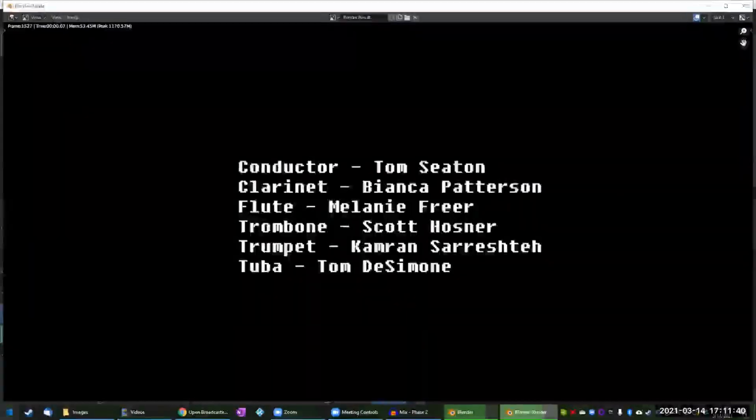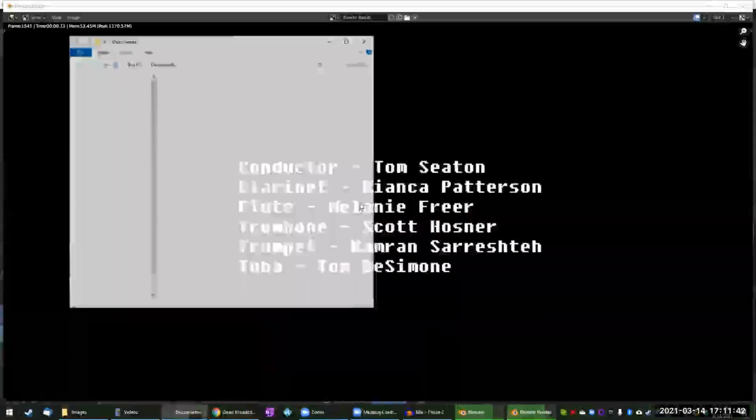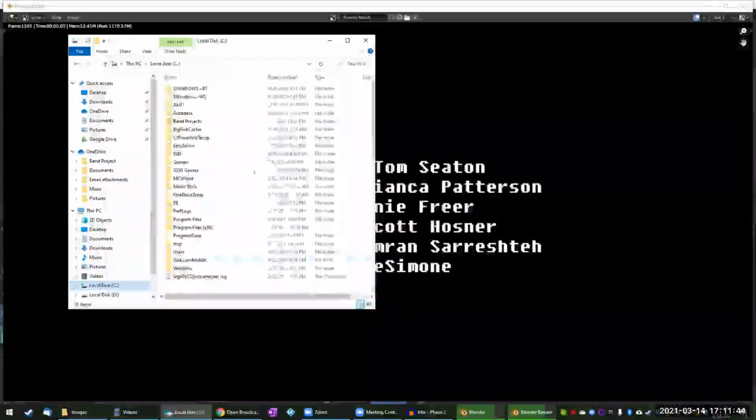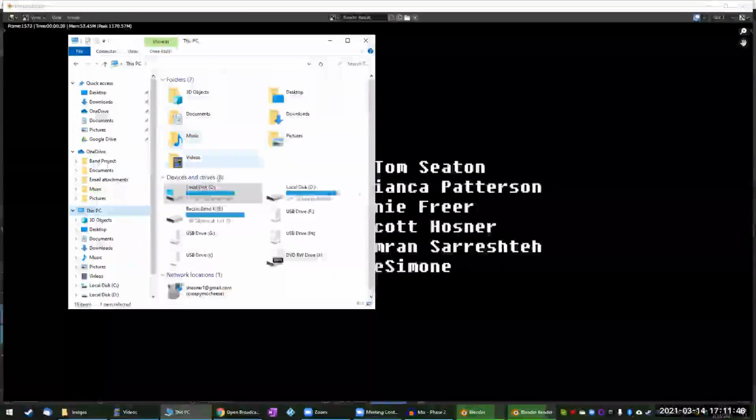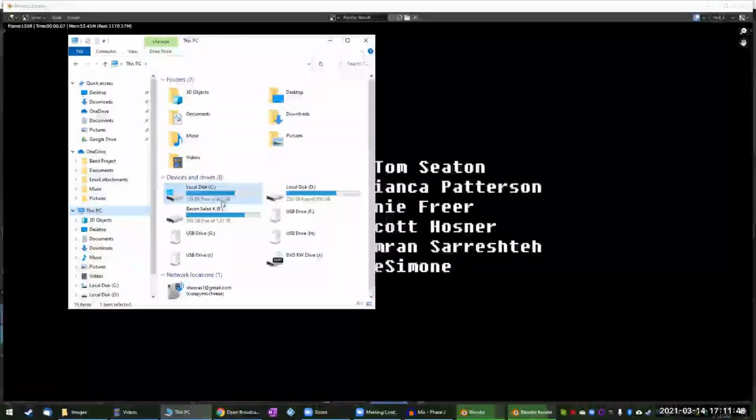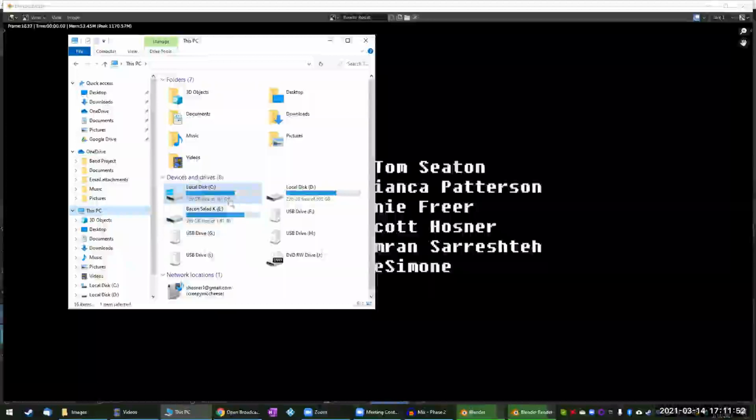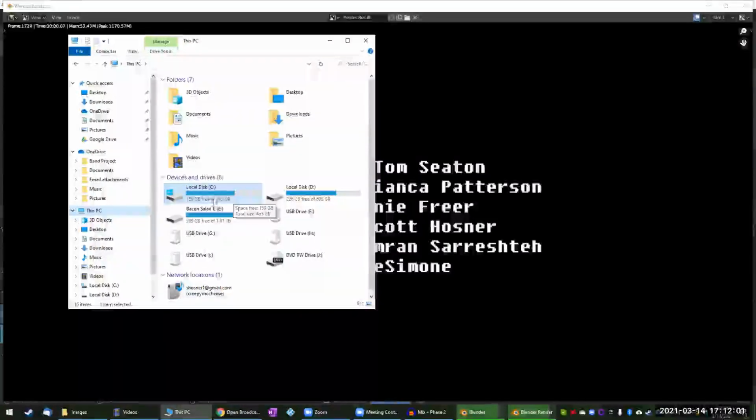My setup here, I have a lot, but I only use one hard drive for that, which is only a 500 gigabyte hard drive that I've been doing all these projects on. And that's pretty standard when you buy an off-the-shelf PC for your main drive. But I would say no less than a 500 gigabyte main hard drive.